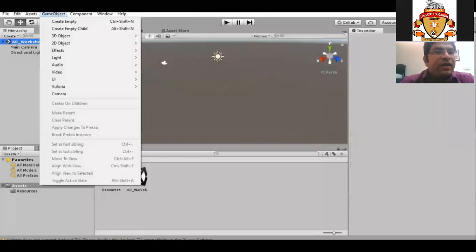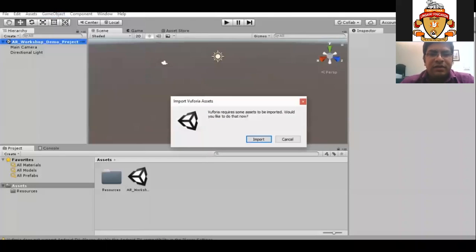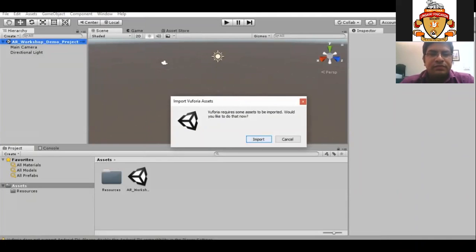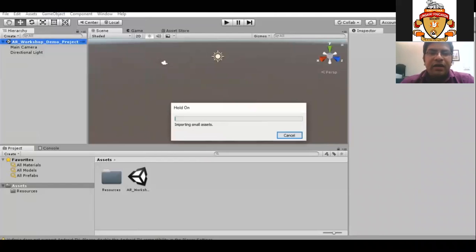We will click on game object and select Vuforia from it. In Vuforia, the option will come as AR camera. We have to select AR camera. It will ask for an option. We will click on import, and the AR camera will be imported. So this AR camera is inside Vuforia.